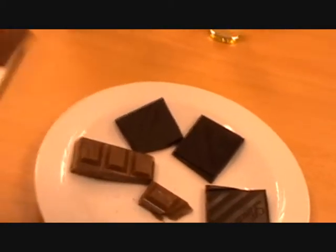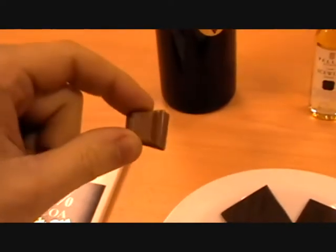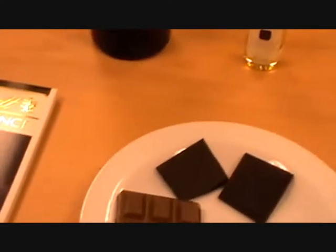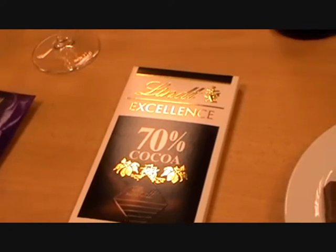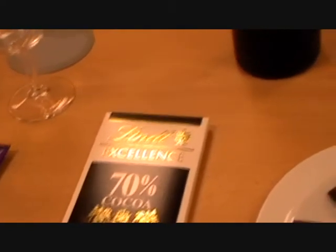What we're going to do is, and you'll have to excuse me for eating whilst I talk, we're going to stick a little bit of milk chocolate into the mouth. So pop her in. What you want to do then is bring the chocolate to room temperature and let it slowly melt on your tongue. If need be, give it a wee bit of a crunch just to accelerate the process. So let that coat your tongue. Now, what you'll get with